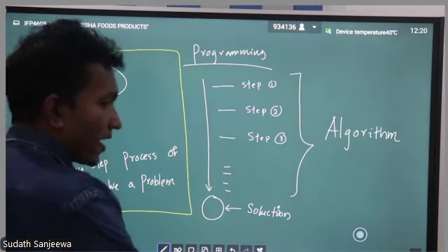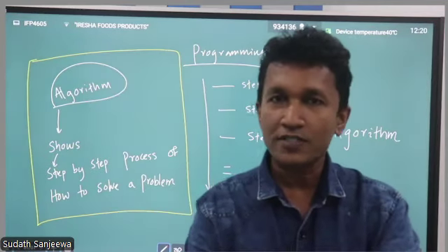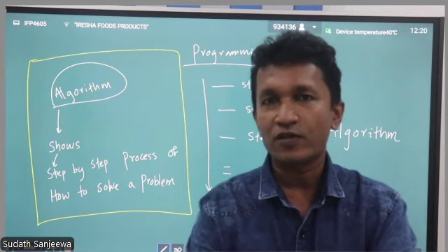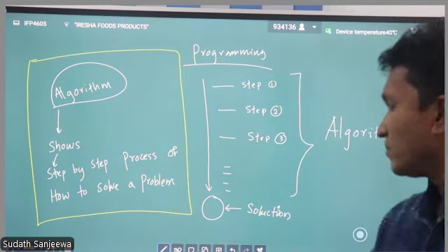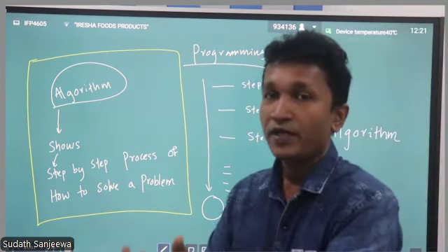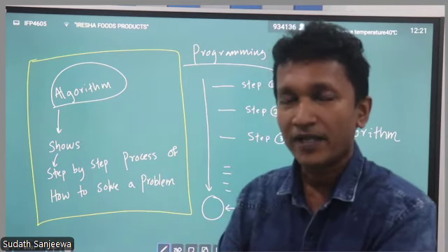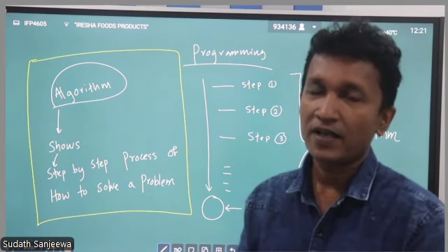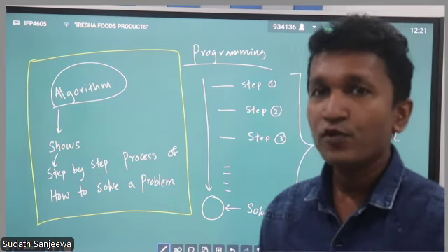Remember, an algorithm doesn't solve the problem, but it shows step by step how to solve the problem. It only shows, right? Remember that. Finally, how are we going to solve that problem? By getting the idea of an algorithm, getting the idea of how to solve the problem, then we do programming to